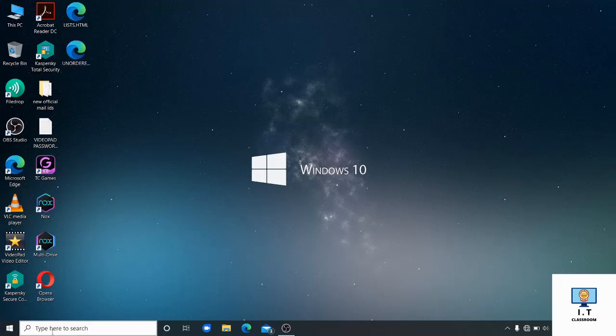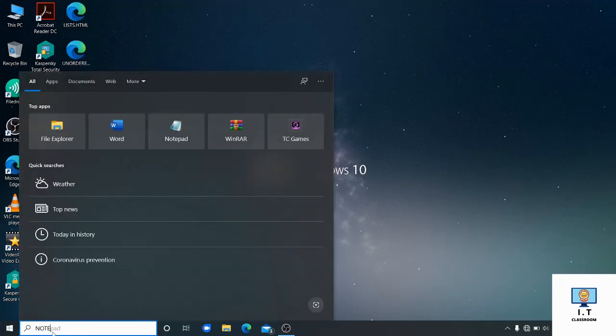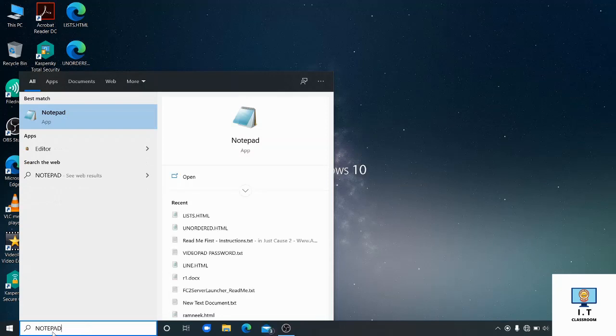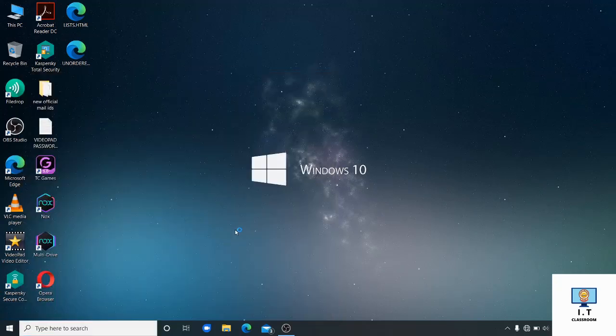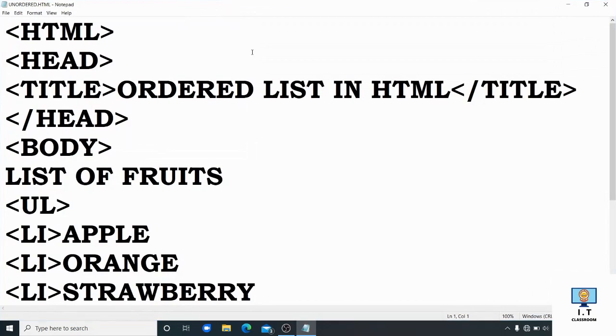Go to Notepad first of all for typing a program for making an unordered list. I have already made one program in Notepad like this. There is only one difference.